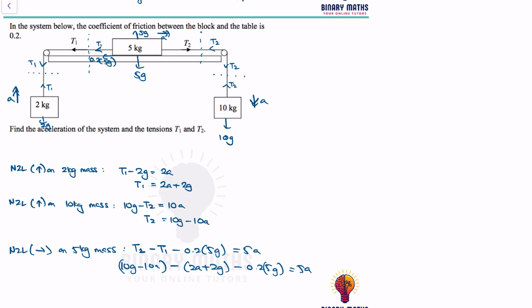So if we take all the a to the right hand side, we get 10a plus 2a plus 5a, which is equal to 17a. And if we simplify the 10g, take away 2g, take away 0.2 times 5g, we end up getting 68.6 here. So a is equal to 68.6 divided by 17, which works out to be